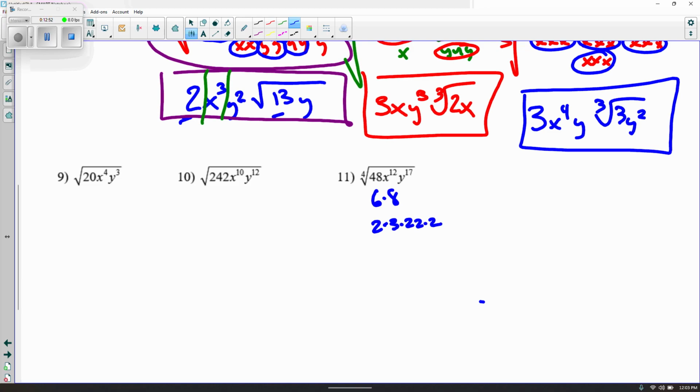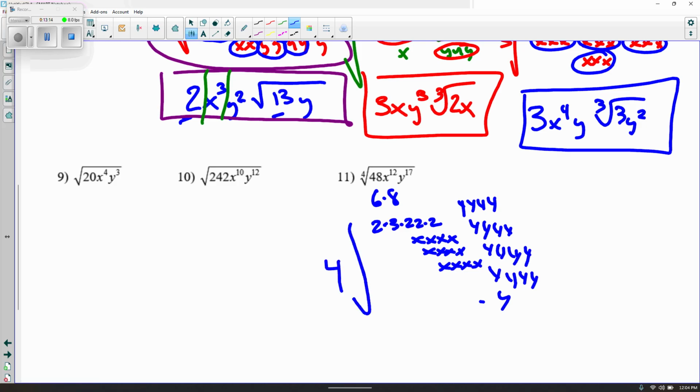Probably should have all those 2's together, but that's all right. x, x, x, x, x, x, x, x, x, x, x, x. I got a y, and a y, and a y, and so on, up to 17 y's. Ooh, that's a lot of y's. All right, so